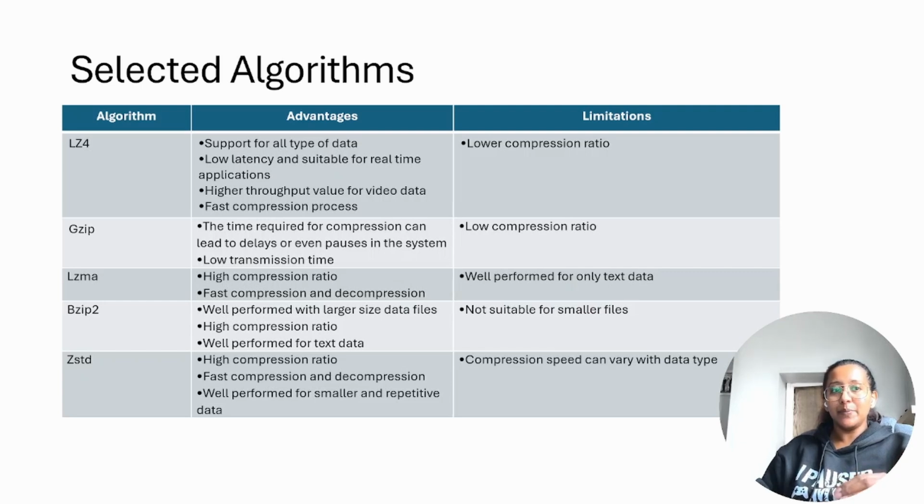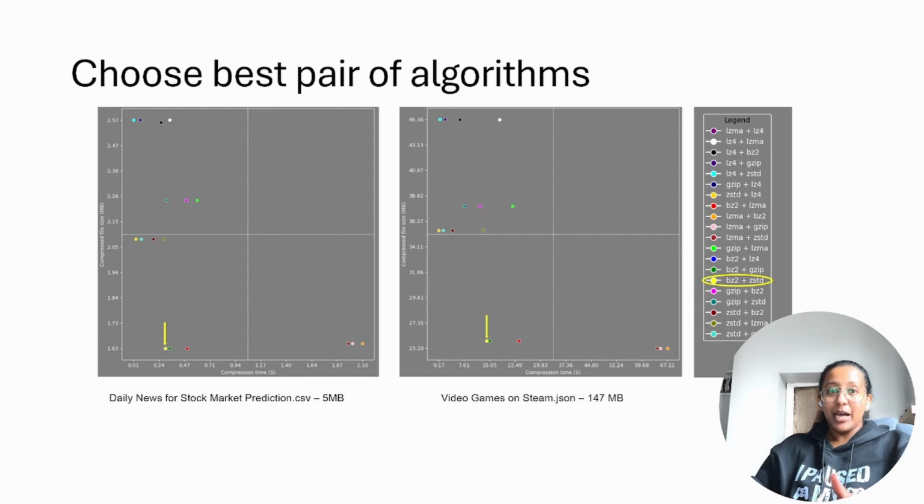To develop a high performance compression model, I tested 20 pairs from these selected algorithms with the 5 different data files and measured the compressed file size and the compression speed. The pair of BC2 and ZSTD performed well for all data inputs, and here I show you some of the obtained results. Therefore, the next task was to improve the performance of the selected pair. I have chosen BC2 and ZSTD for our hybrid model.